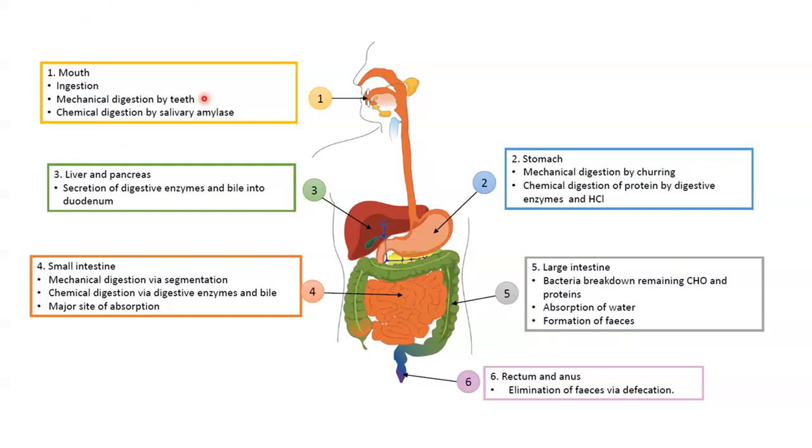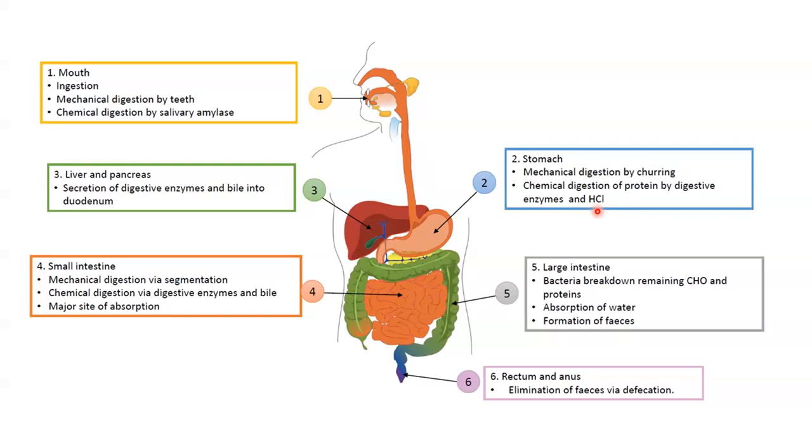Mechanical digestion by chewing with the teeth, the tongue, the hard palate, and then chemical digestion, where we have a little bit of a breakdown of the carbohydrate in the mouth through salivary amylase, which is an enzyme released by our salivary glands. We then have the stomach, which also participates in both mechanical and chemical digestion. So mechanical digestion by mixing and churning all of the food. Chemical digestion through the release of some of the digestive enzymes and the hydrochloric acid, which is the acid in